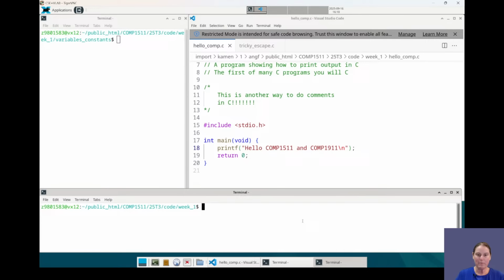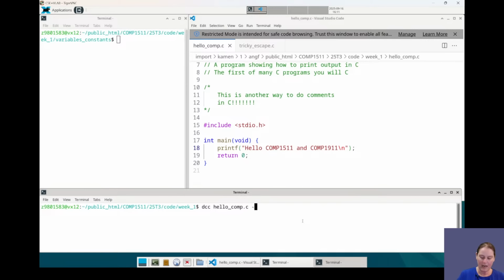So hopefully you remember, we can't just run this C code. We've got to use a compiler which will turn it into machine code that the computer can understand. And in this course, we use DCC. If you can't see this clearly, please let me know as I'm streaming if you can't read the text. But we use DCC. The name of the program is